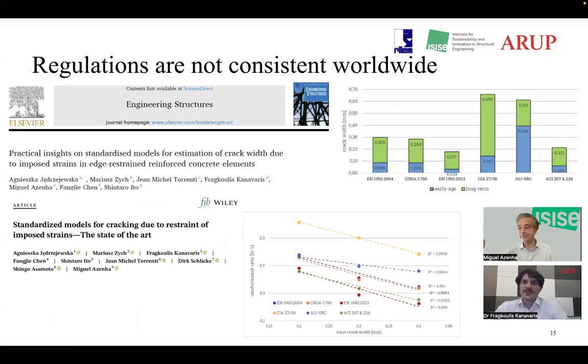So we did find the results from the study that Miguel shared quite interesting. And we decided to take a step back to understand what the regulations are telling us. From investigating different key regulations across the world in all continents, it appeared that there are significant differences in the crack width predictability of each different code and guidance document, and the reinforcement requirement to control cracks at a certain width.